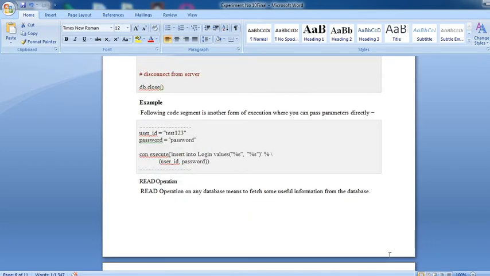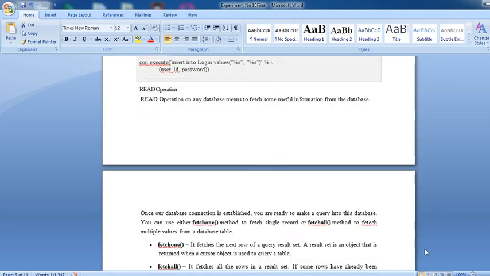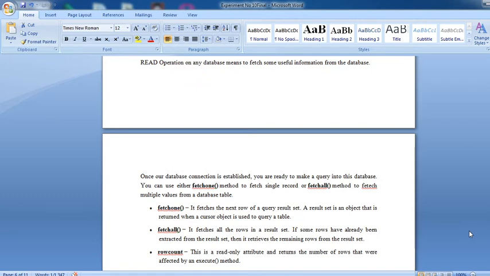Now the read operation. Read operation on any database means to fetch some useful information from the database. Once our database connection is established, you are ready to make a query into this database. You can use either the fetchone method to fetch a single record or the fetchall method to fetch multiple values from a database table.